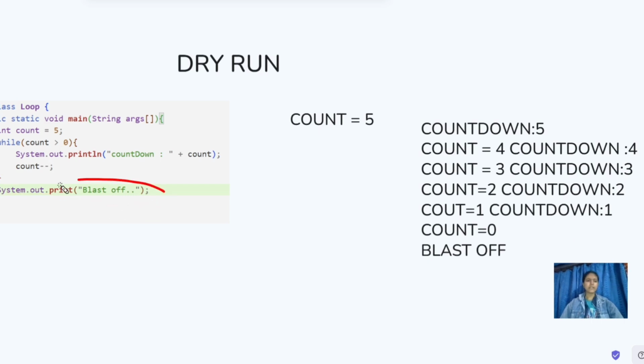But if here we write true and count plus plus, the last statement gives an error because the condition will be incorrect, so the condition should always be correct. So basically the condition gives an error and an infinite loop risk comes. So when we write the loop, the condition should be correct. So this is the dry run of the while loop.